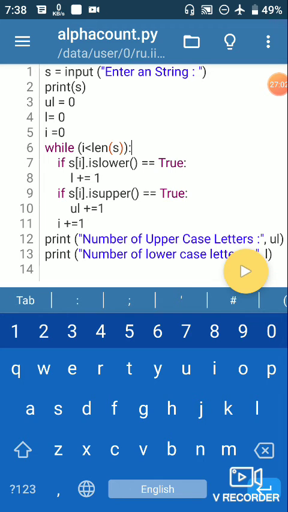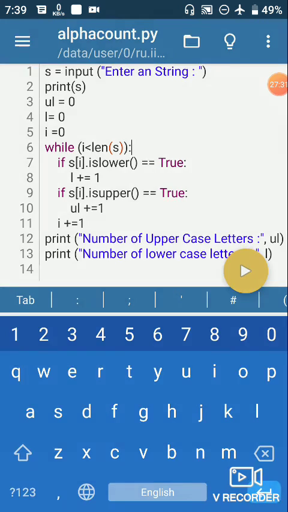While the loop is running, i is less than the length of the string, and if the character at the index is lowercase, then the count of lowercase letters is increased by 1, and likewise for uppercase. At the last we get the number of uppercase letters and lowercase letters.